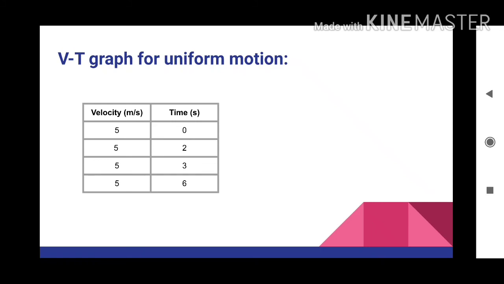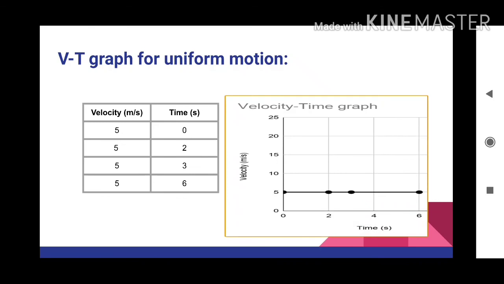So this shows that the speed or the velocity of the object never changes. It remains constant no matter how much the time varies. So how will this graph look? This is how the velocity time graph will look. Just like the distance time graph where the object was at rest, the distance did not change but time was varying, so the graph was parallel to the x-axis. Here velocity does not change, it remains constant, whereas time goes on changing. So how does it look?